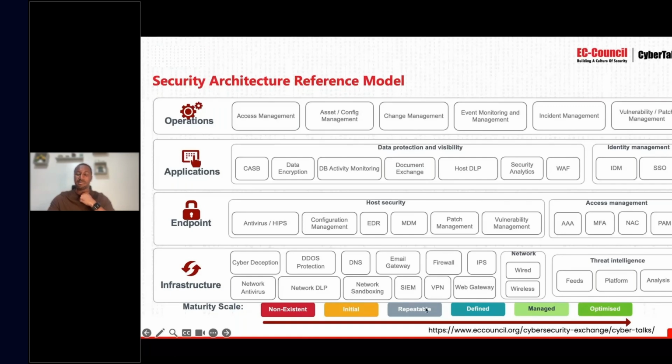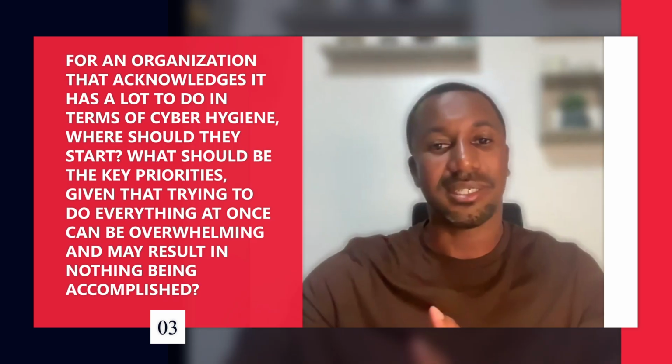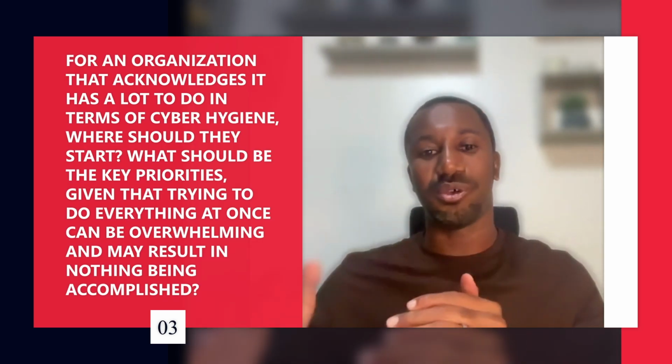Repeatable means you've done it before. There's a policy, you have a way of being able to get it, there's an ownership to it, and you're consistently being able to run this. So you have to look at operations, applications, endpoint, infrastructure. Don't do everything at once. Try to pick the bare minimum you can do, and then later see how to mature those from